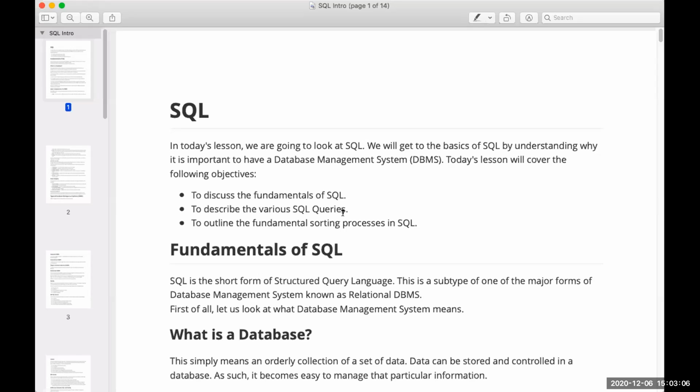So what is a database? A database simply means an orderly collection of a set of data. On our phones, your contact list, that's a database. A database is just a collection of data. But for organizations, for companies, a lot of companies have a lot of data sets they're handling. You understand? So that's why SQL is needed to filter through those